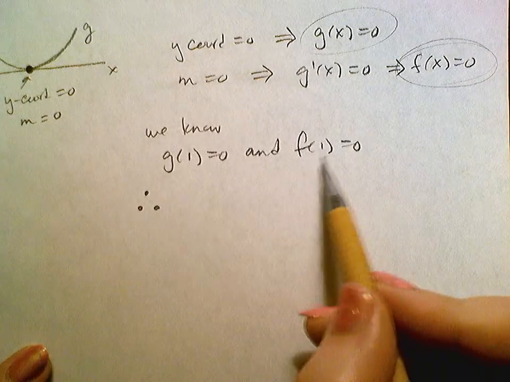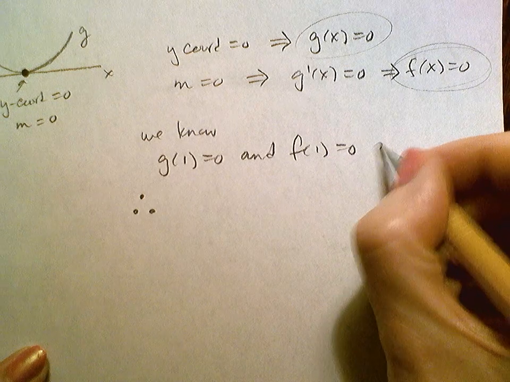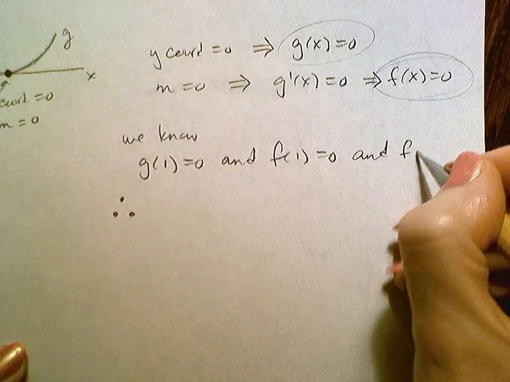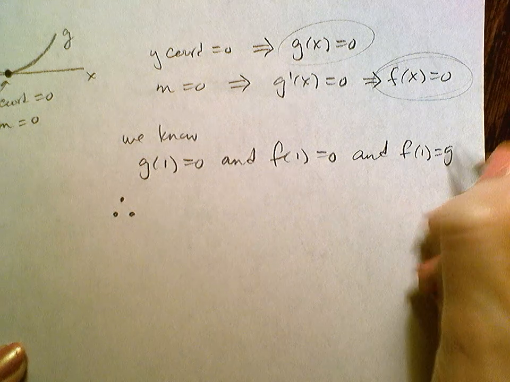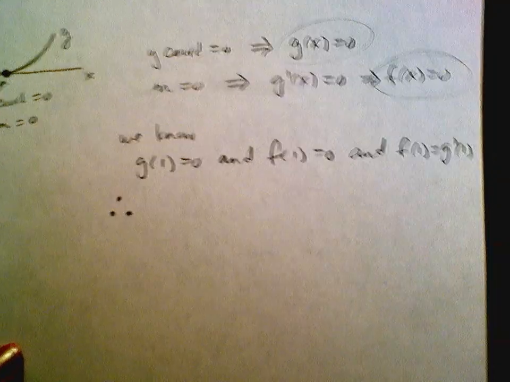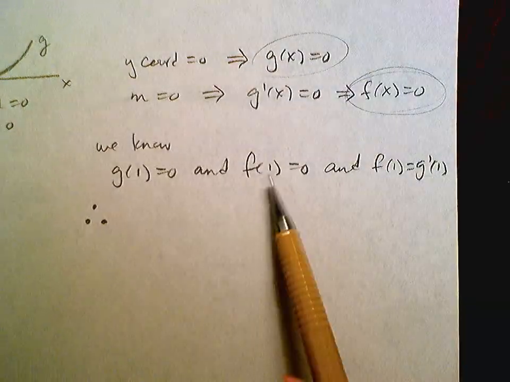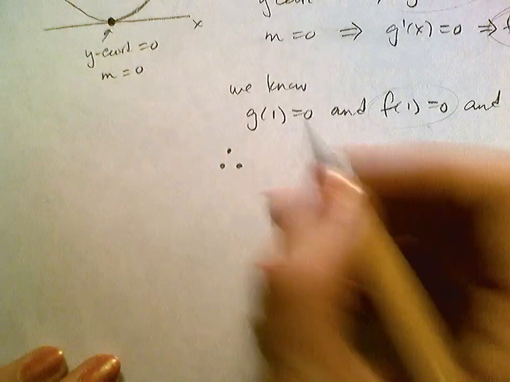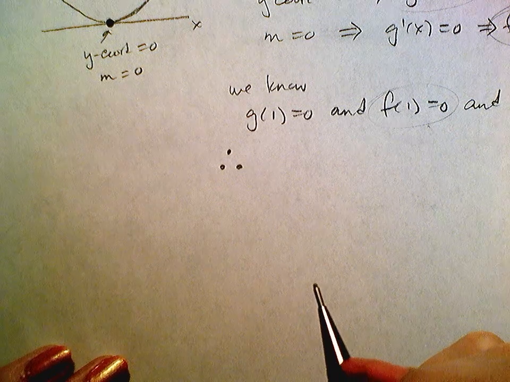Okay, we know g of 1 equals 0 and f of 1 equals 0, and f of 1 is equal to g prime of 1, just to be clear. Okay, so we know that the derivative is 0. Okay, so we know this, therefore,